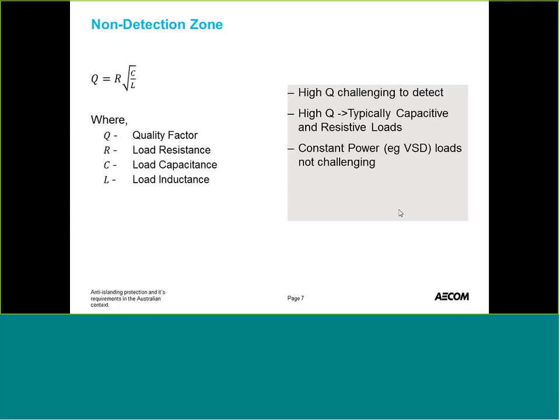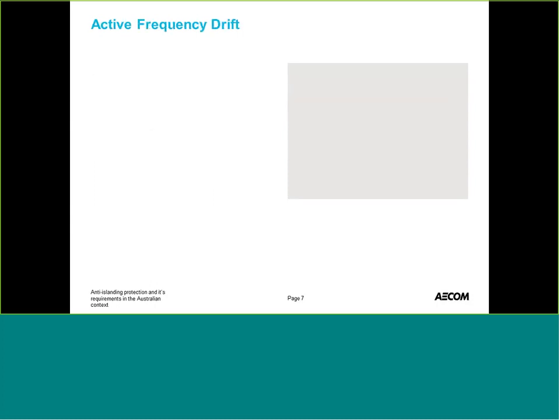So this Q factor, if you've got an idea of what the load is, and you've got some comfort for different types of loads, it doesn't matter if the load exactly matches the generator size or the output at the time. If you know what the Q value is through testing, you can get some comfort that for different Q values, and as long as the network at that particular location has a certain Q value that falls within that test range, you've got some comfort that the active anti-islanding scheme is going to operate.